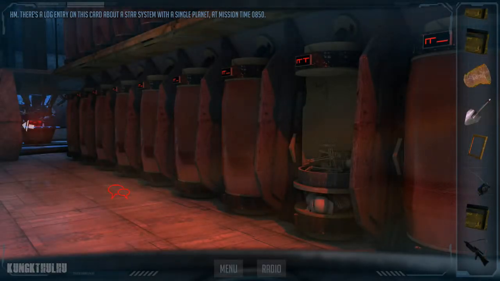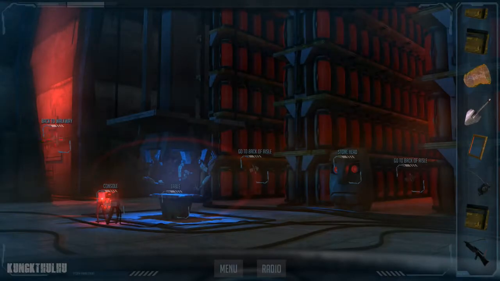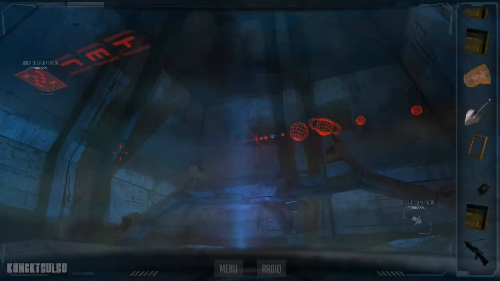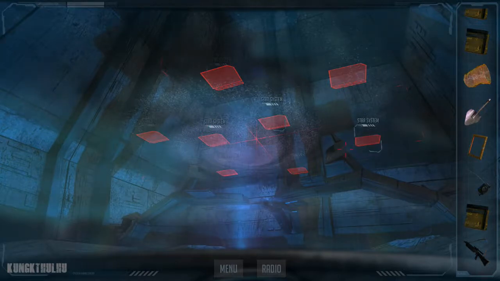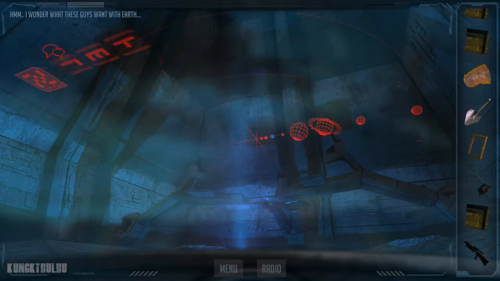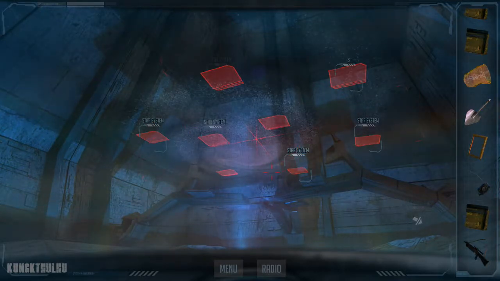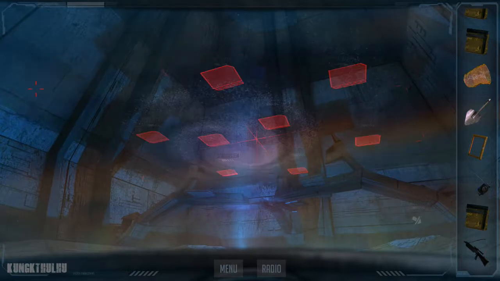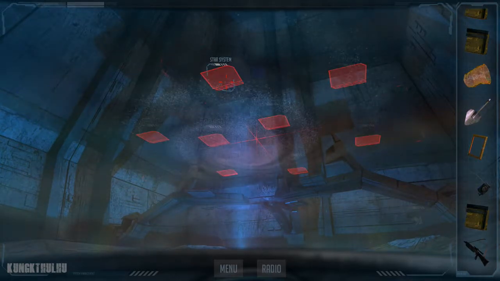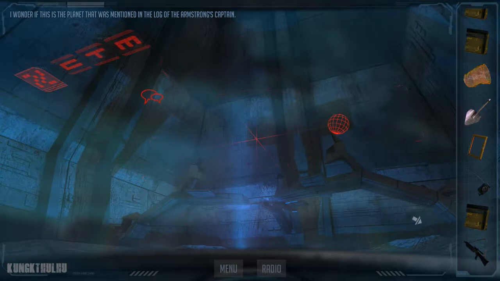There's a log entry on this card about a star system with a single planet. Admission time 0850. I wonder what these guys want with Earth. I wonder if this is the planet that was mentioned in the log of the Armstrong's captain.